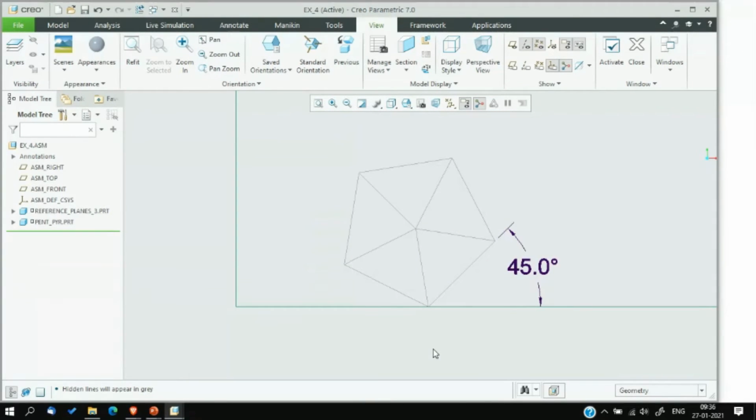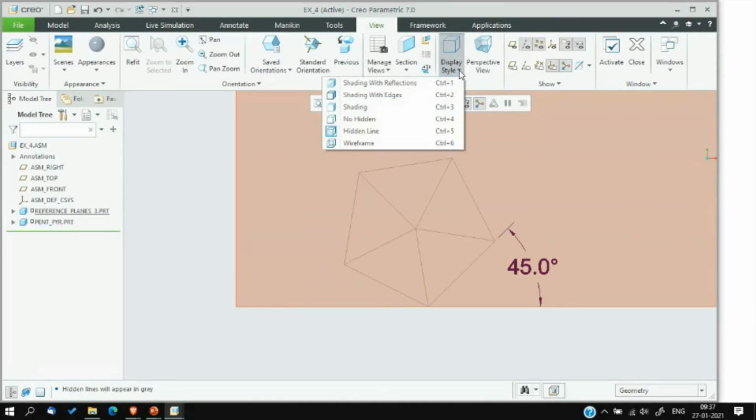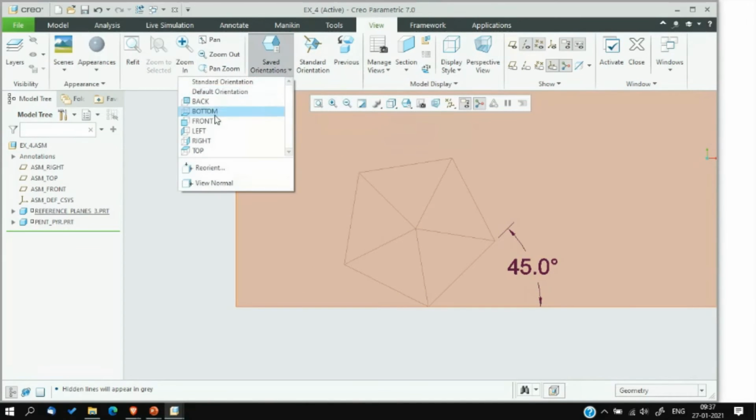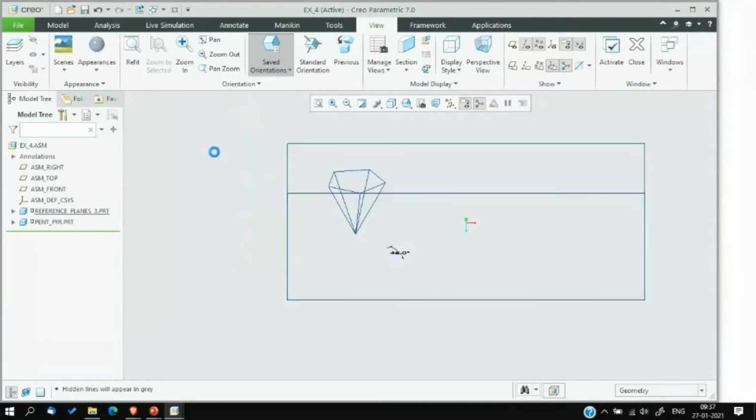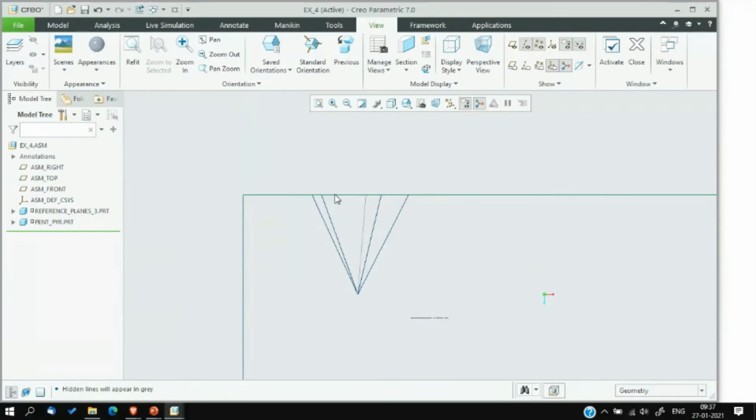Those are the 2 conditions you have to keep in mind when you draw the front view. The front view will be a pentagon with all its corners joined to the apex. You have to give names to the corners also. Now, if you go for the top view in the same case, without the shading view, the top view will be like this.